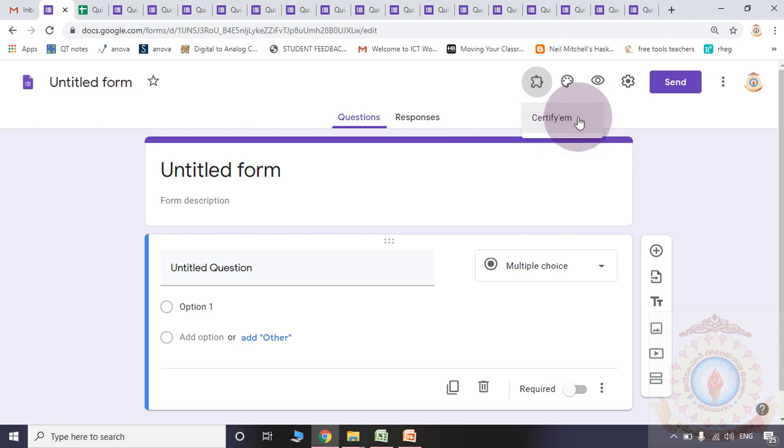Okay, what is the usage of the Certify-EM add-on? We can send automatic certificates. That is the usage of this Certify-EM add-on. If I add 5 add-ons, what will happen? The complete list of 5 add-ons will come here. If I want to use Certify-EM, I need to click it. If I want to use Timify-EM, I may click it. If I am using the Form Ranger add-on, I may click it. So selecting a particular add-on is based on my interest, based on my purpose. Here first of all I need to click Certify-EM.